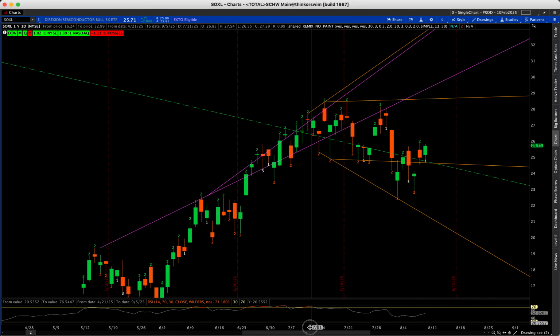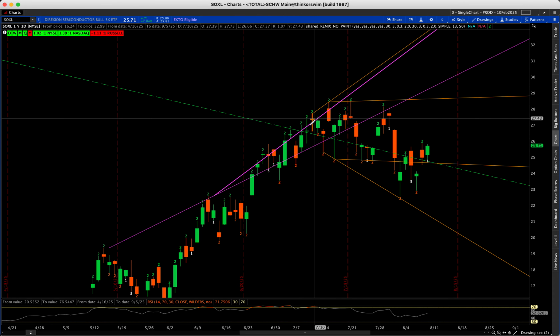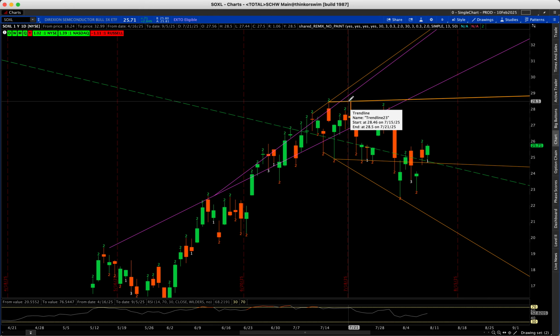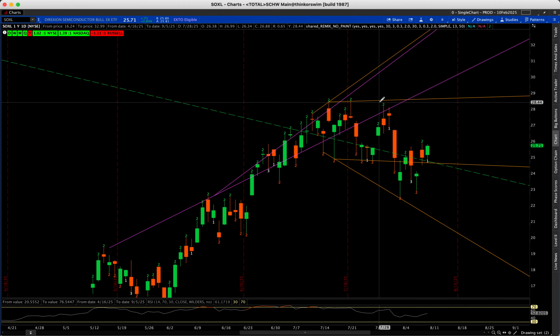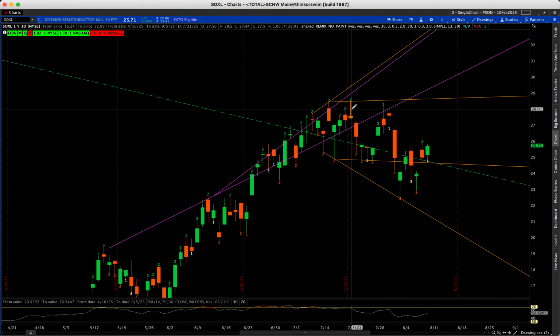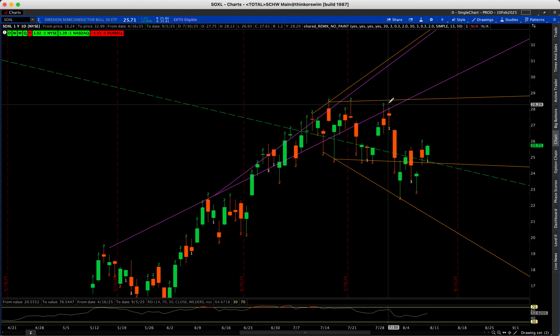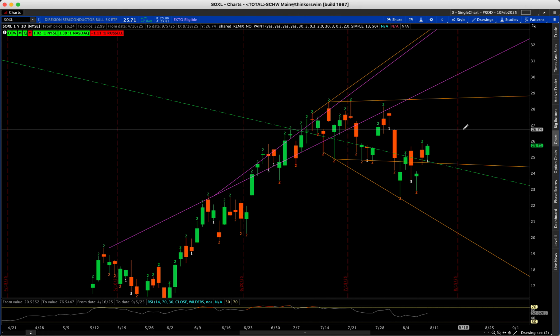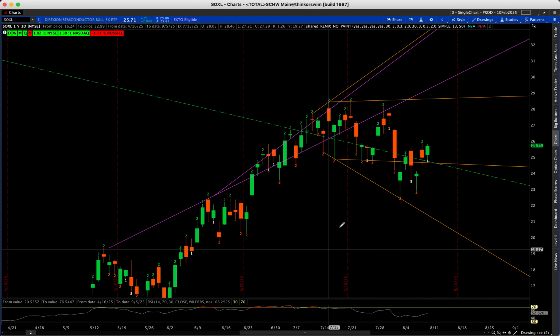And we knew it was going to be a range because of the previous week or two where it kind of bounced around just in a range as well, 24 to 28. And once the broadening formation got basically as tight as it could get without making a downtrend line or an uptrend line, we knew price action was going to condense, and that's what it did here. And what we can do is add a little bit more